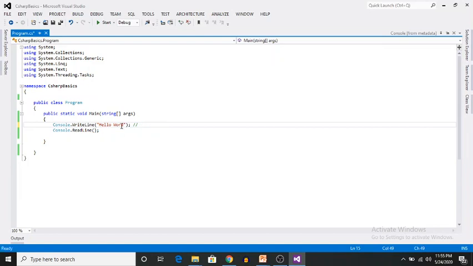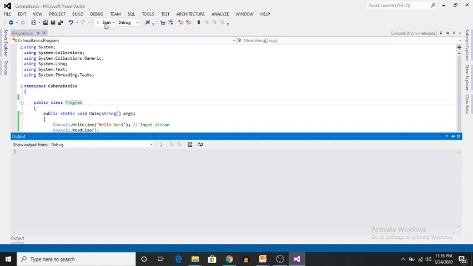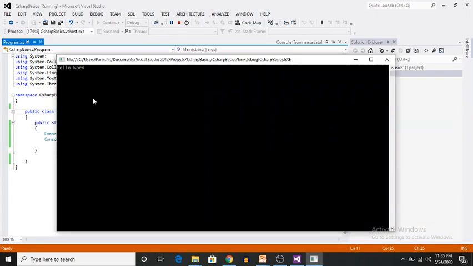ReadLine reads the input given. See, now execute the program. It will display your Hello World.